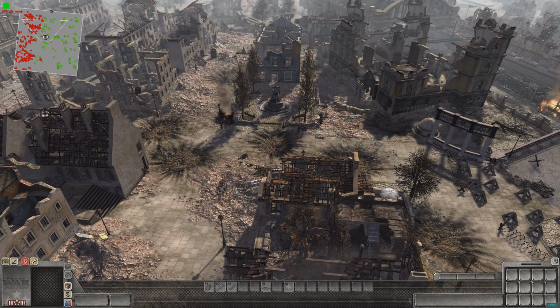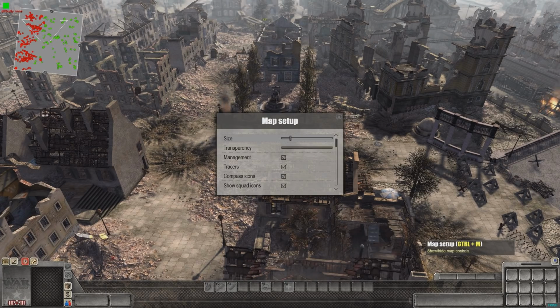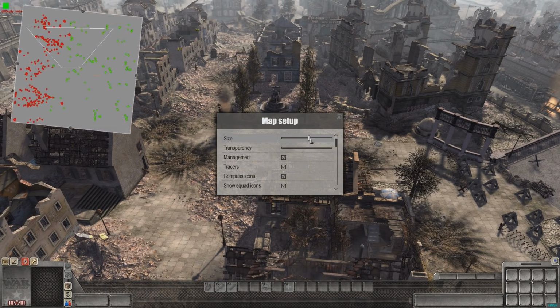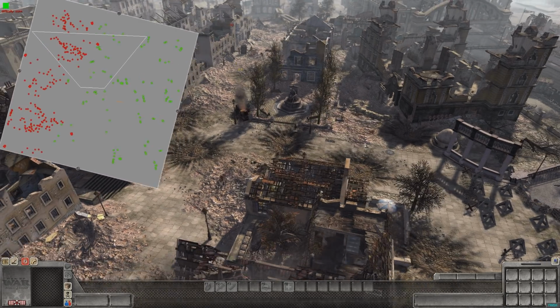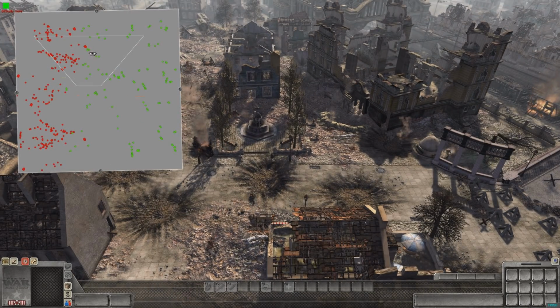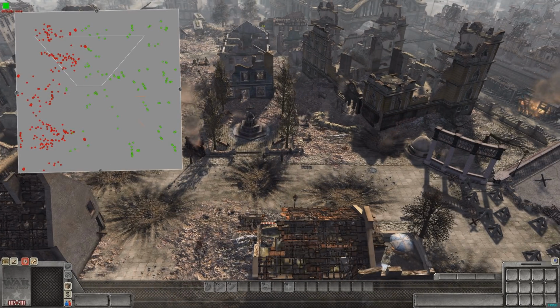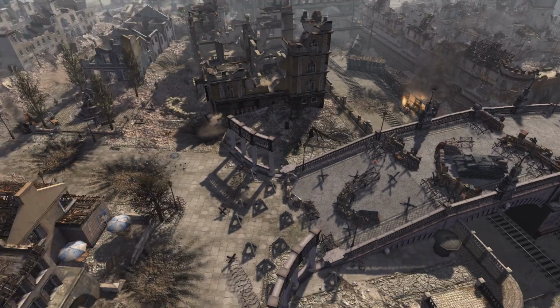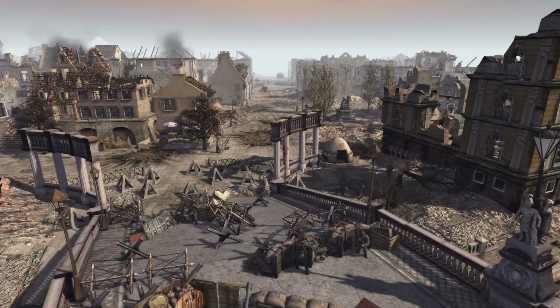If we look at the minimap, we can see the Russian swarm on the left side there in red, and the Germans in green slowly retreating to the right. I think I'm going to amp up the size here so that once we do pull up the HUD, we can actually look at how it's looking. So, the middle bridge is currently the thing that's going to be coming under most fire.